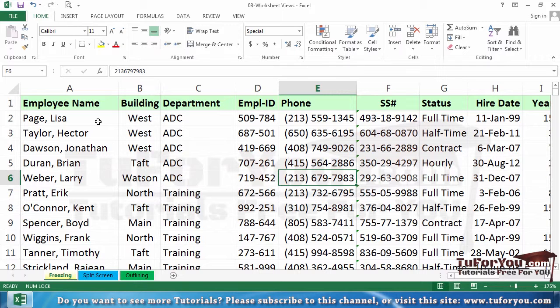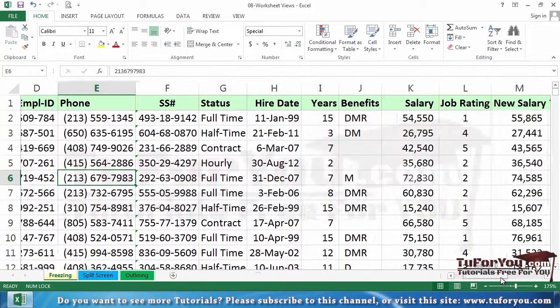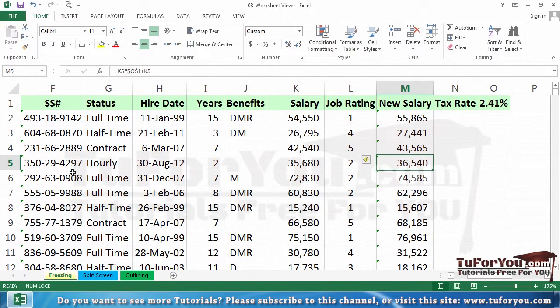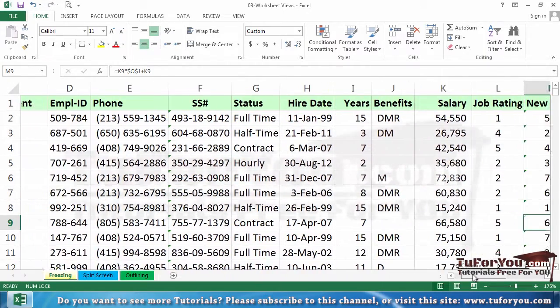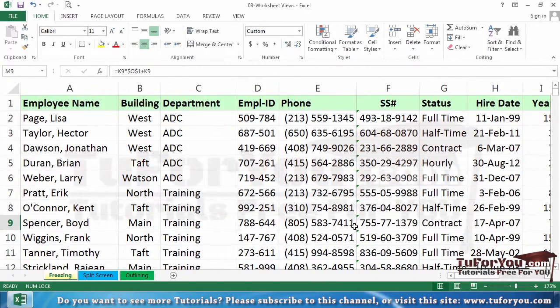Similarly, sometimes we scroll rightward and we see some data and we wonder, well, who is that person? Which salary are we looking at here? We don't see the names out of column A. Sometimes we might want to see not only the name, but also perhaps the name and the building where the person works at, or maybe some other information. We're talking about the potential ability to freeze rows or columns so that we can always see certain information on